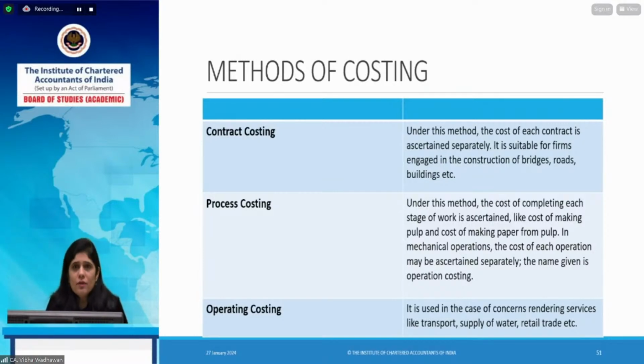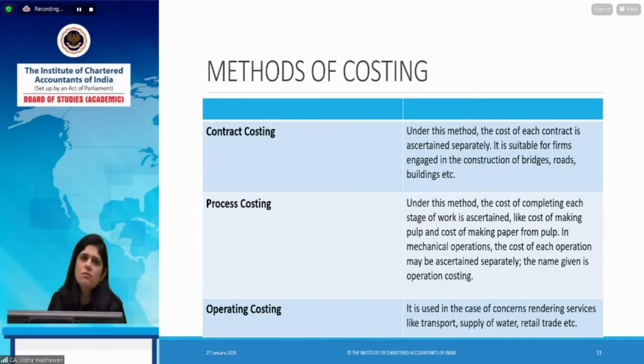प्रोसेस कॉस्टिंग, जब भी आप प्रोडक्ट बना रहे हो, लेट अस से आप शुगर बना रहे हो, तो शुगर को बनाने के लिए एक प्रोसेस नहीं है। शुगर को बनाने के लिए शुगर केन से स्टार्ट होता है, फिर मोलासिस बनता है, तो वो डिफरेंट प्रोसेसेस के थ्रू पास होता है, तब जाके शुगर बनता है ना। ऐसे ही पेपर अगर आप बनाओगे, तो पहले पल्प बनता है वुड से, फिर उसका पेपर बनता है। तो डिफरेंट प्रोसेसेस होते हैं। तो जब भी आप एक प्रोडक्ट को बनाने के लिए डिफरेंट प्रोसेसेस या डिफरेंट ऑपरेशन से गुजरना पड़ता है, वहां उस इंडस्ट्री में, उस कंपनी में प्रोसेस कॉस्टिंग फॉलो होती है। हर प्रोसेस की कॉस्टिंग अलग होती है। लेट अस से प्रोसेस 1, प्रोसेस 2, प्रोसेस 3, तीनों प्रोसेसेस की अलग अलग कॉस्टिंग होगी।